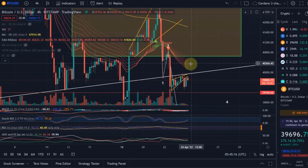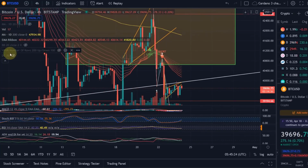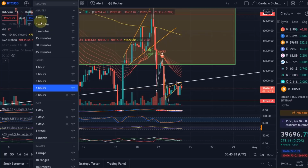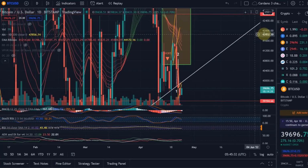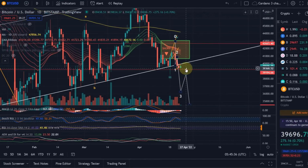And the 4-hour EMA ribbon is a bit higher. You can see how that provided resistance various times before. So that would probably also be a bit of resistance even above 40k. So that's a problem because we are now below the EMA ribbon. And the daily is also far below the EMA ribbon on the daily. So again, further downside at the moment possible, actually more likely in my opinion, at least until we break back